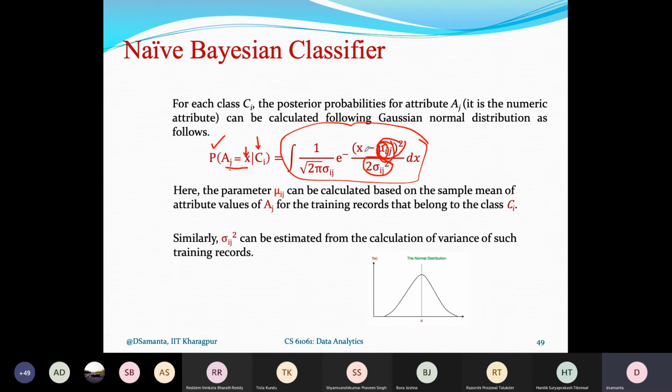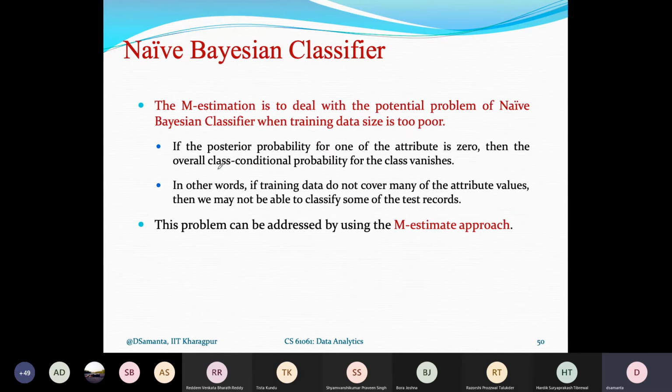Once these values are calculated, for any given value x we shall be able to calculate the probability using the Gaussian normal distribution, and this will give you the posterior probability. Thus, we shall be able to apply the Bayesian classification technique even when the data is not categorical but numerical. But it is a little computationally expensive because many calculations need to be done. If computational time is not an issue, then it is good. That is why the Bayesian classifier is equally applicable to both categorical as well